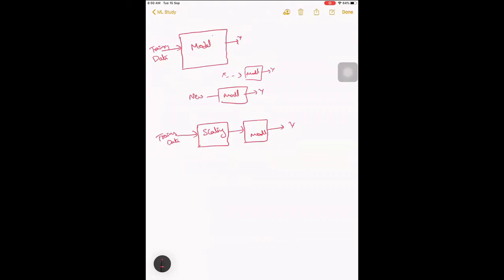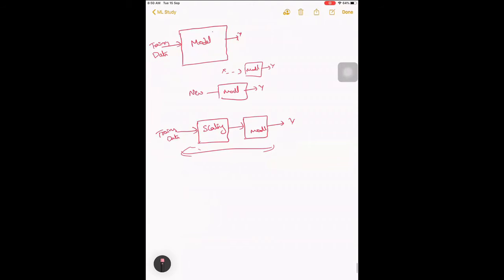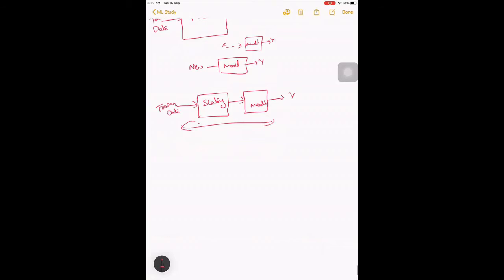So for new data, if we directly pass it through the model, it's not correct. This is different from what we have done during training. Even for new data, we have to show a similar kind of environment to what we had for training, right? So it should be like that only. You need to do the scaling and then pass it to the model to get Y. This environment should be provided the same way as during training.